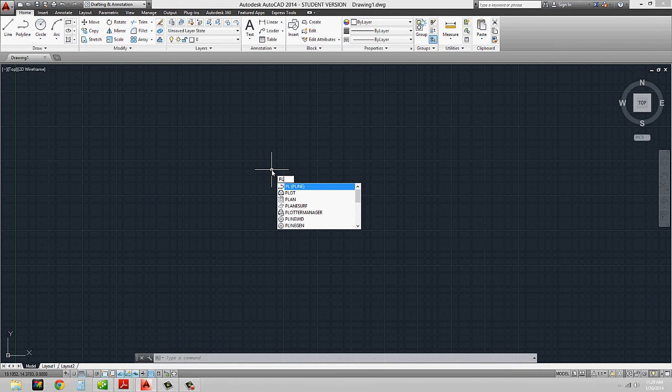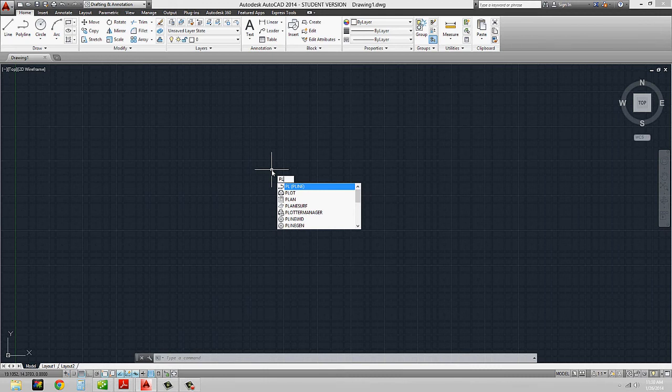One thing is, I don't know if I mentioned this last week, but a lot of people, when they start to use AutoCAD and get more sophisticated with it, suggest as a little tip to always use the polyline, just because when we start to work with some of these modify tools, it tends to react a little bit easier than lines. Again, we'll see that in a second. But I'm going to start by typing in PL for polyline.